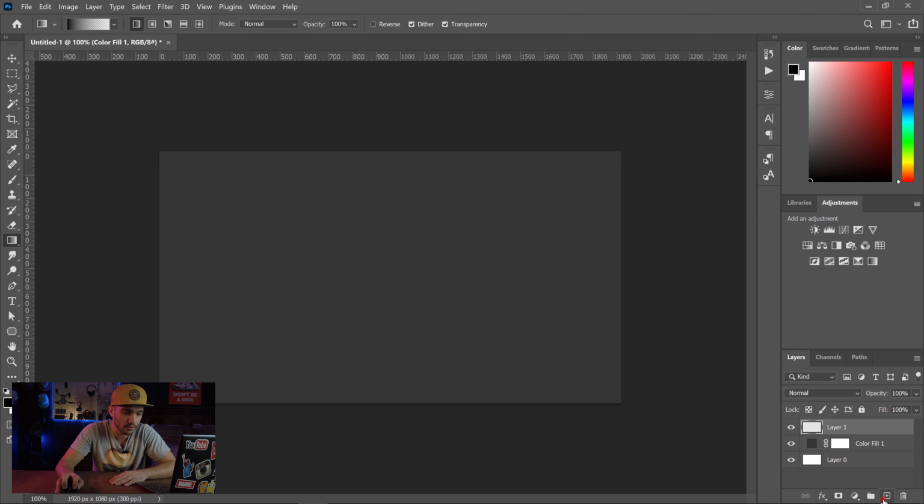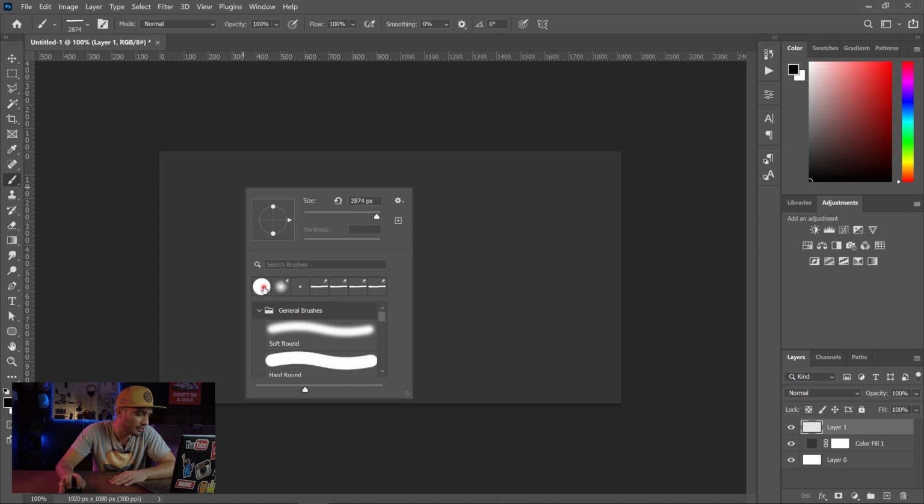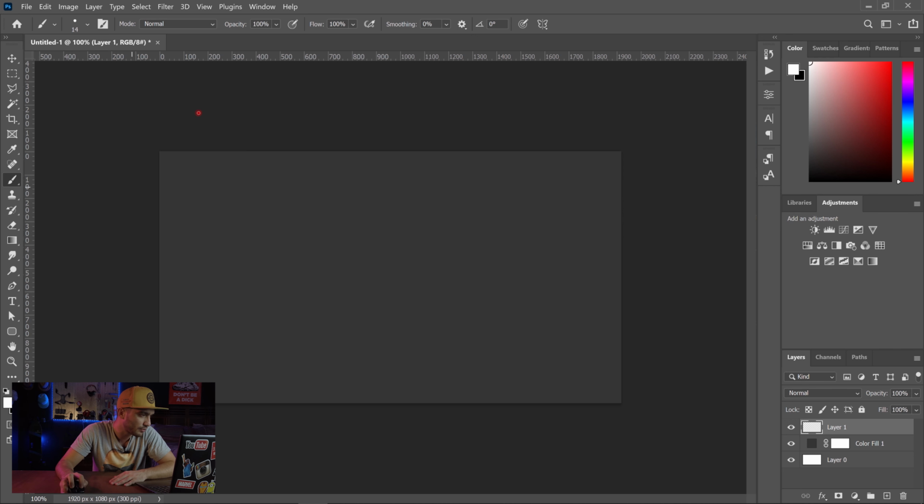Then I create a new layer and I go to my brush and I right click over here. I just choose this regular brush. I just drop the size. This is good. I change the color to white and I just click randomly all over my screen,